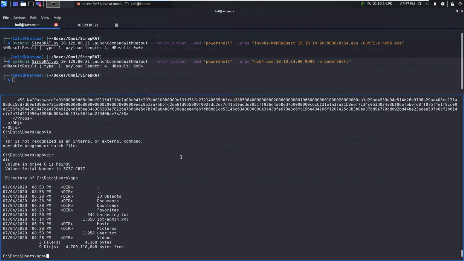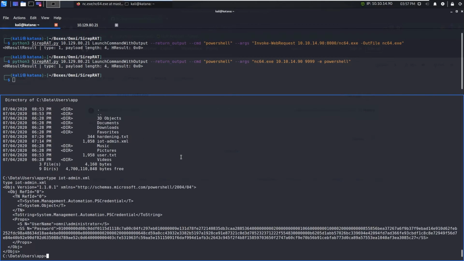We have an iot-admin. So type iot-admin.xml. And yeah, so this is the same thing as before. It's just another PSCredential file for the user administrator. Okay, so